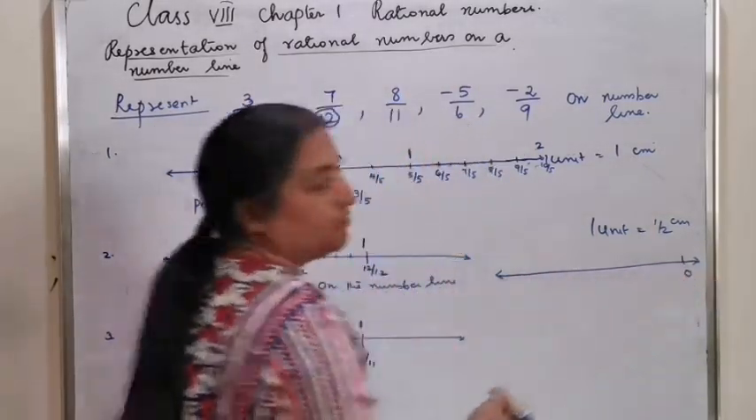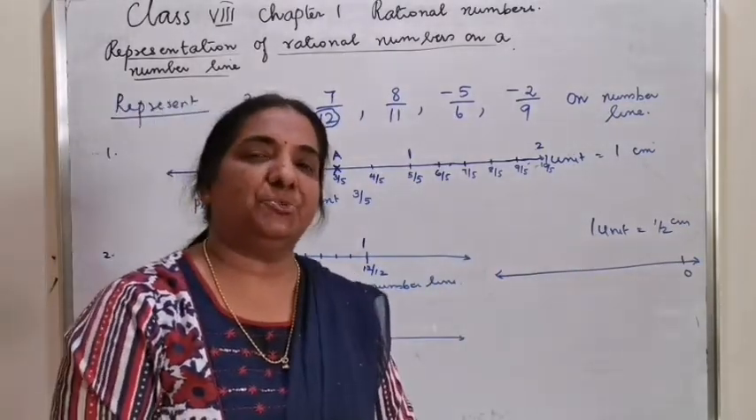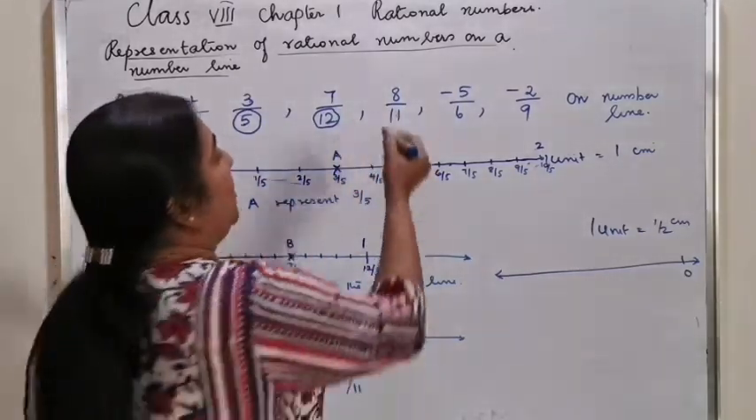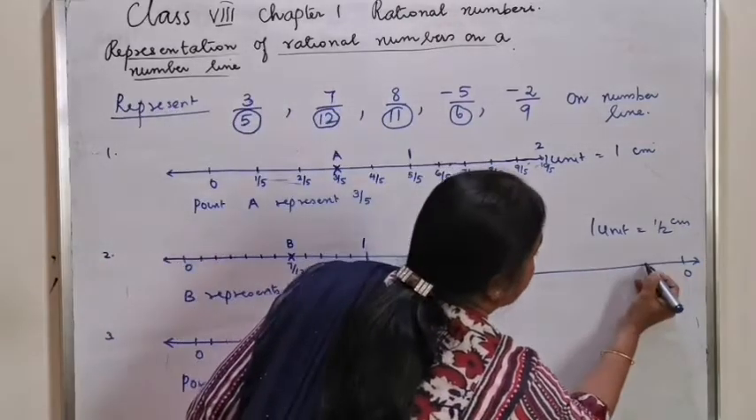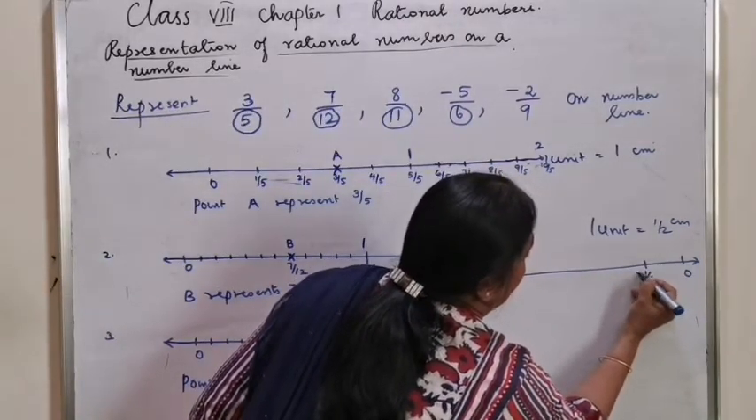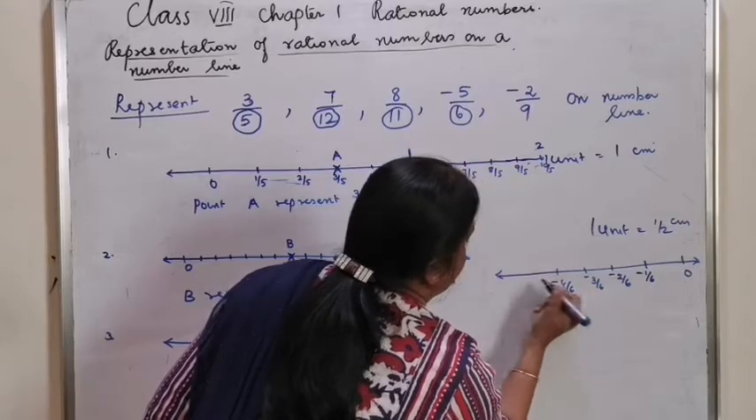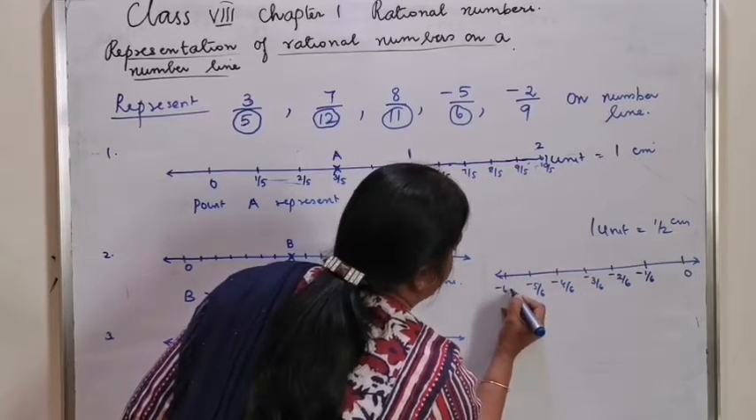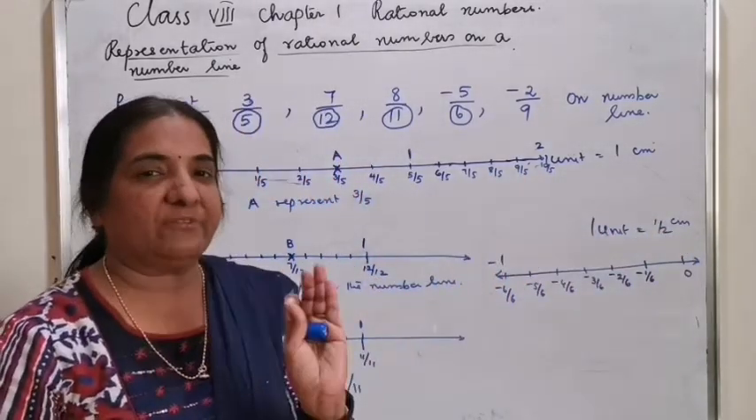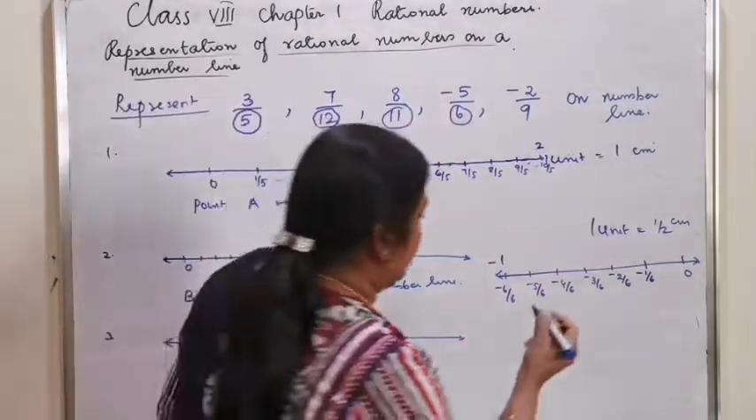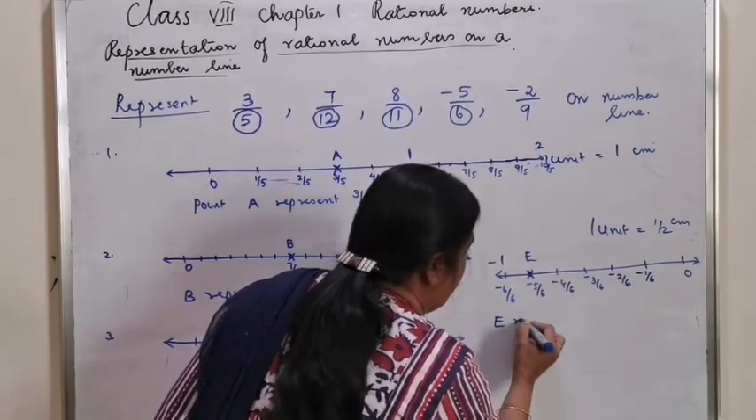Towards the negative side, minus 5 by 6. There is no harm if you plot only 0 and towards the left. But it is compulsorily towards the left. If the denominator is only 6, you can take 1 centimeter as 1 unit. 1 by 6, negative 1 by 6, negative 2 by 6, negative 3 by 6, negative 4 by 6, negative 5 by 6, negative 6 by 6, negative 1. That is between 0 and 1, you have taken 6 equal parts, minus 5 by 6. Plot this point, give a letter E. E represents